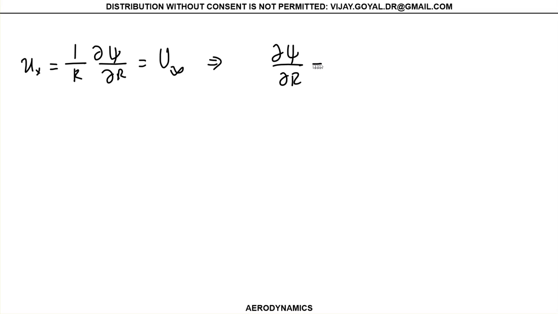So now we know that 1 over r partial of psi with respect to r is going to give you u of x, which is equal to this, u infinite. That's going to give you partial of phi with respect to r, which will give you u infinite r. Then from here, you find that psi is equal to u infinite